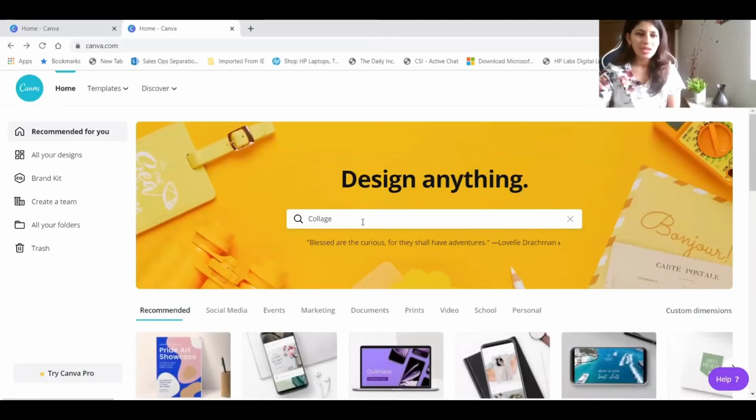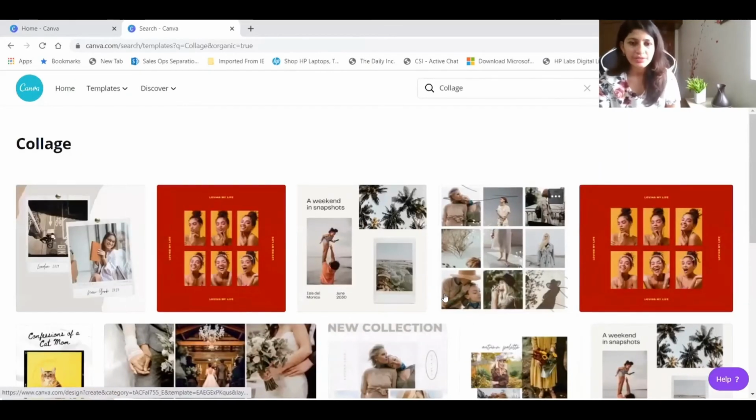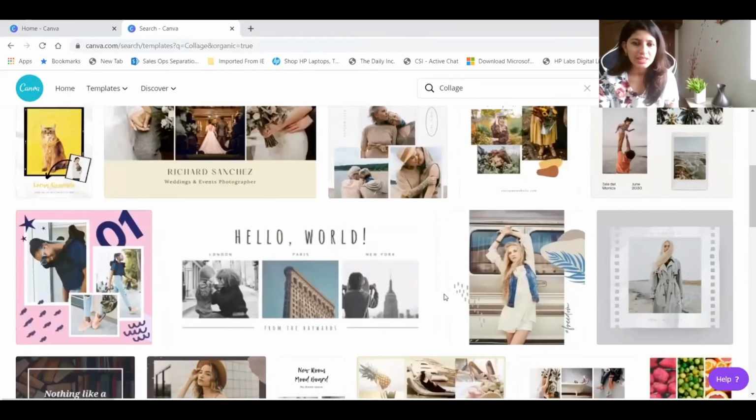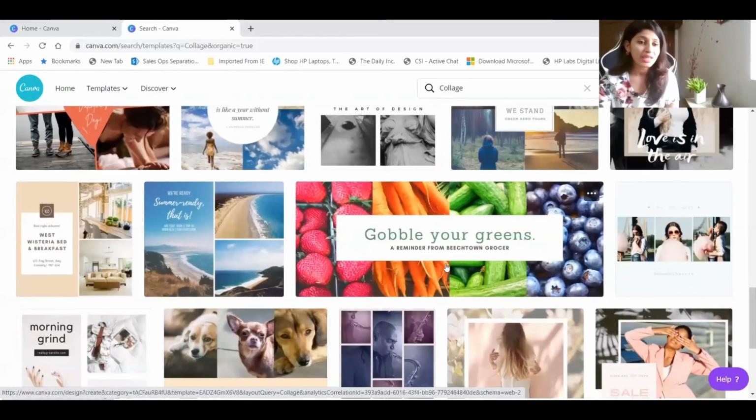Okay, so let me also show you the advanced technique which is available in Canva, where you can use 2 or more pictures as well. Just type in collage template over here, and you will see the different templates that already exist in the collage section. Let me select one template which I think is good enough to showcase. Okay, let me select this one.